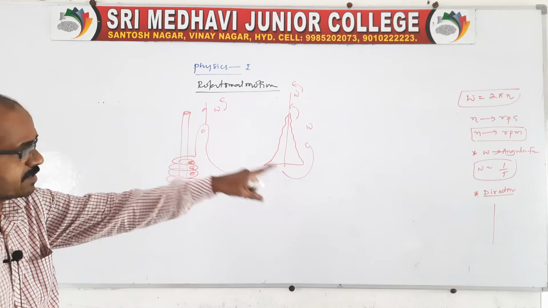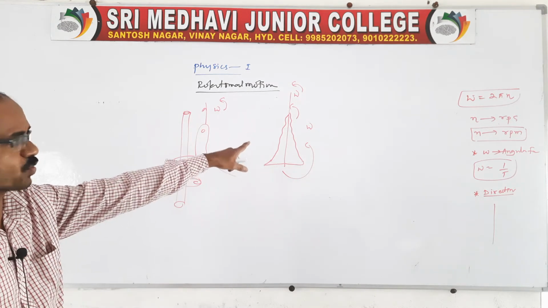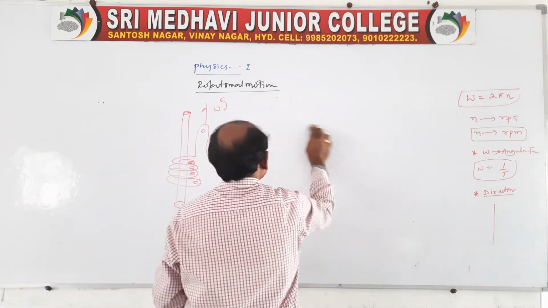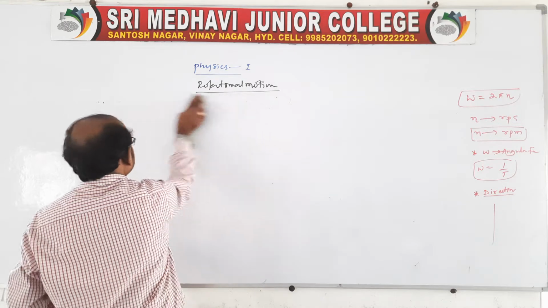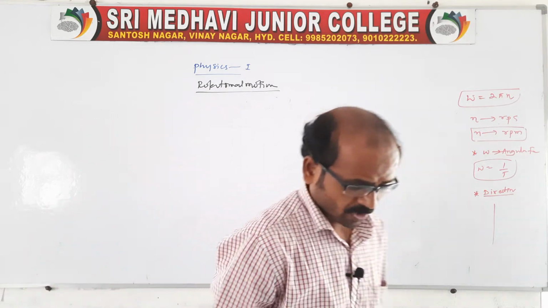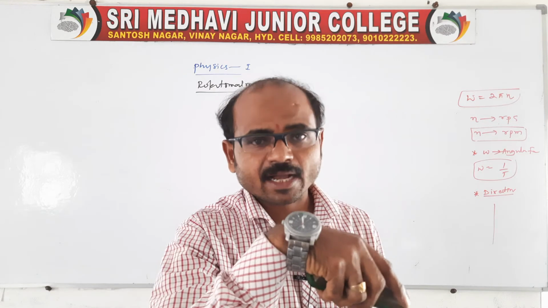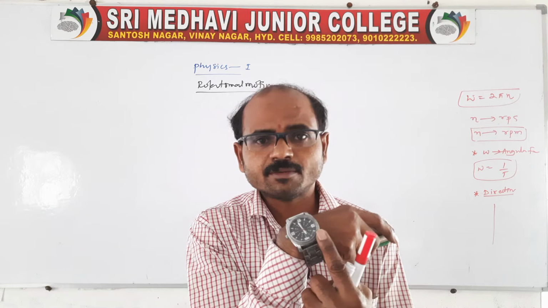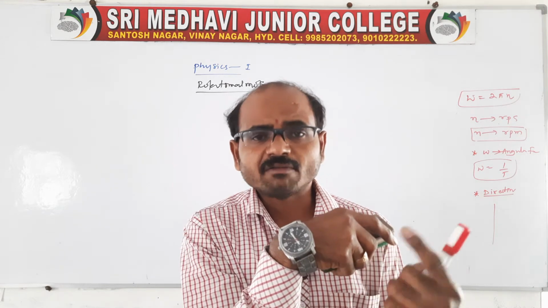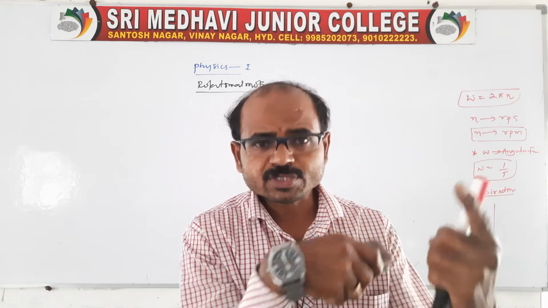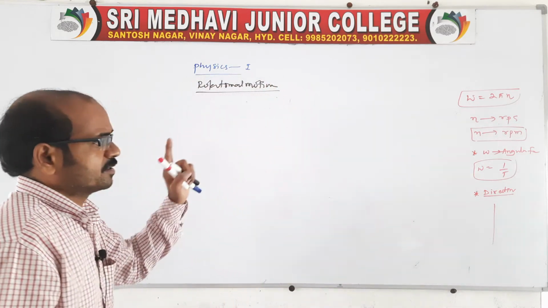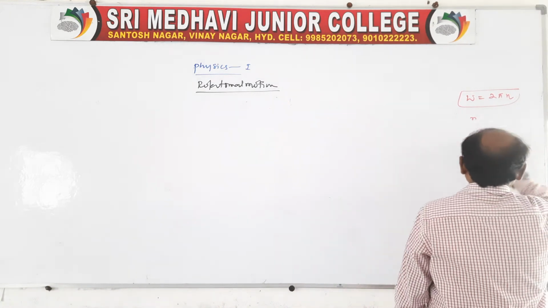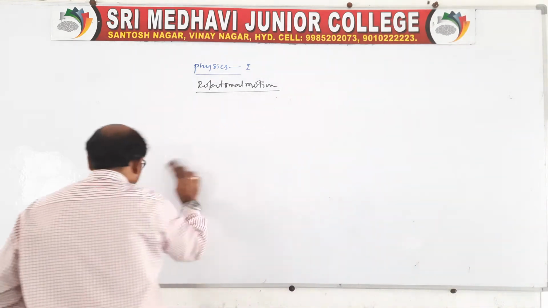But the direction we can find by using the right hand thumb rule or the right hand screw rule, right? It is about angular velocity, and we did problems on the basis of angular velocity, like our Heinz clock. Do you remember the Heinz clock? In this clock there are 3 pointers: one is the minutes hand, one is the seconds hand, and one is the hours hand. By using that we already discussed the problem on the basis of angular velocity. Right now it is not required, you refer there.